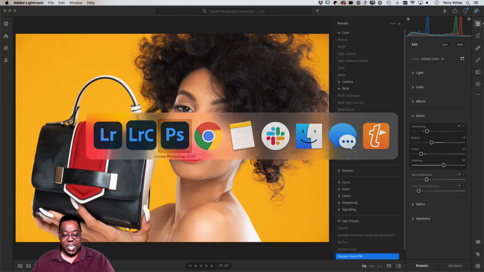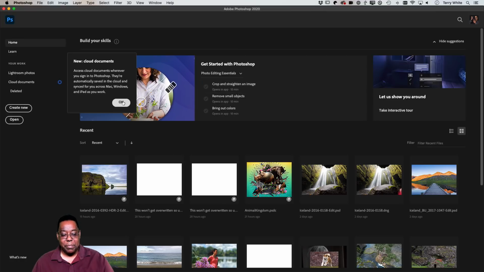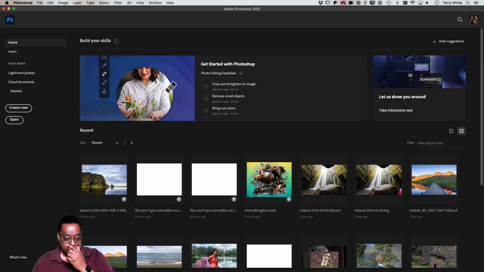All right, so I'm going to head over to Photoshop. And in Photoshop, first of all, a lot of you will end up here when you launch Photoshop. So my first tip is that if you're on this screen, this was obviously designed to help you by giving you tutorials and tips and showing you your most recent documents and all that cool stuff.